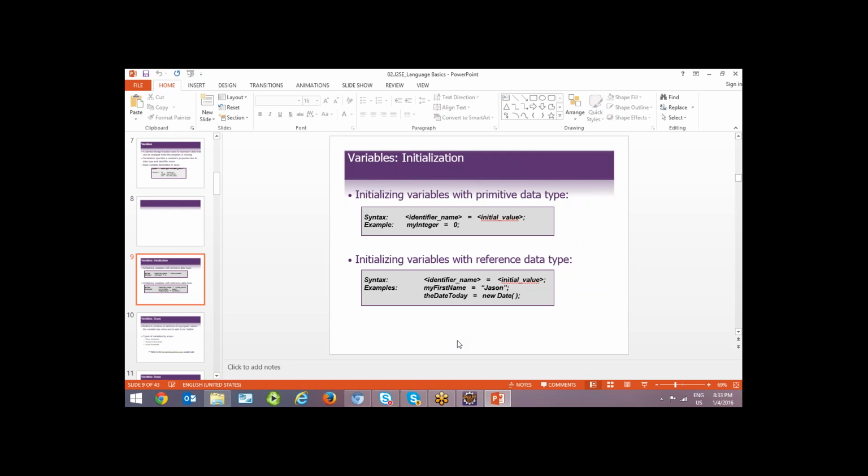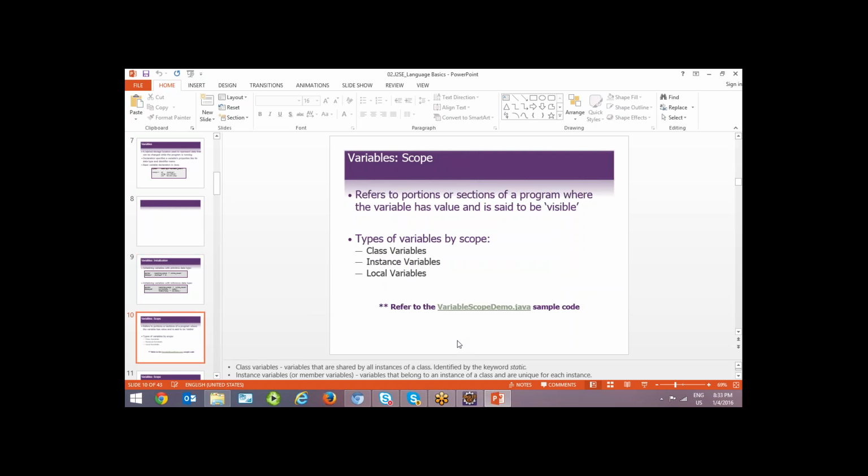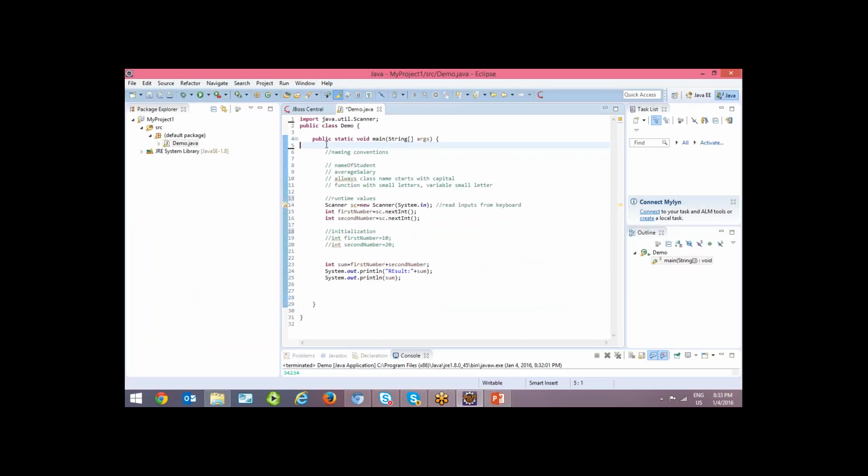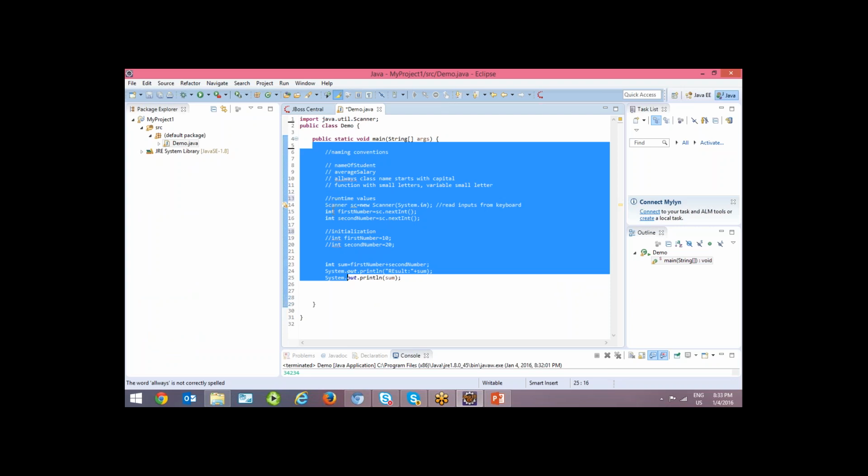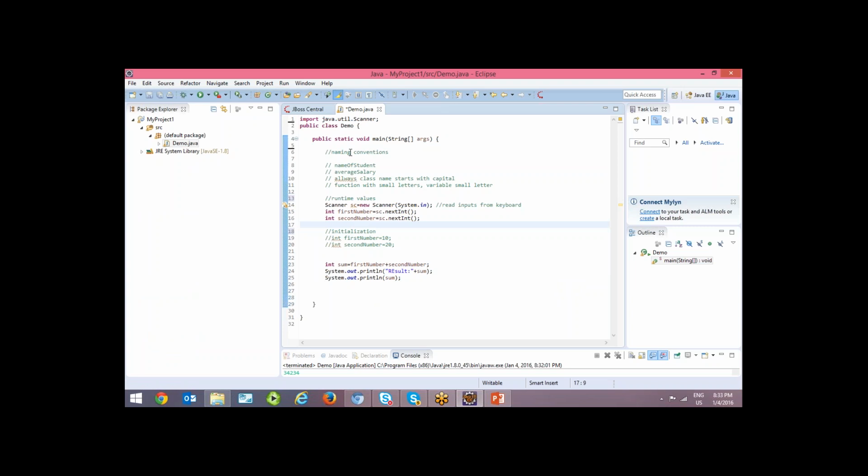So that is what is explained here, like variables and initialization. There is a scope. We will be discussing what is class variable and instance variable, but as of now, you should understand only the local variable. Local variable means when we declare a variable within a function, it is called a local variable. The scope of this variable is only within this function.